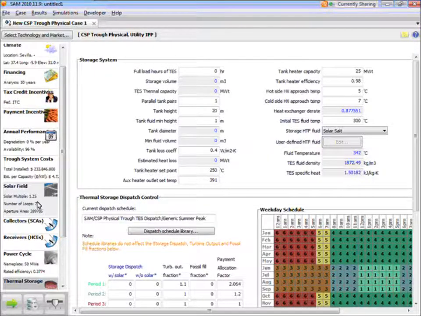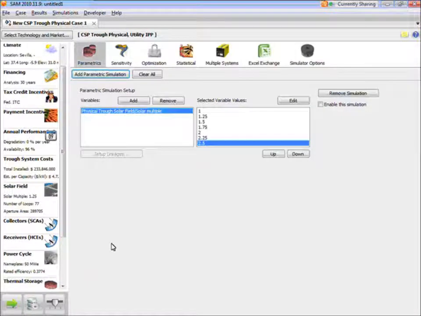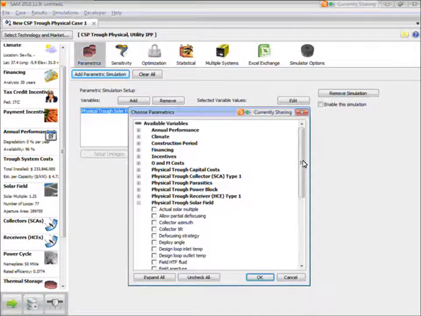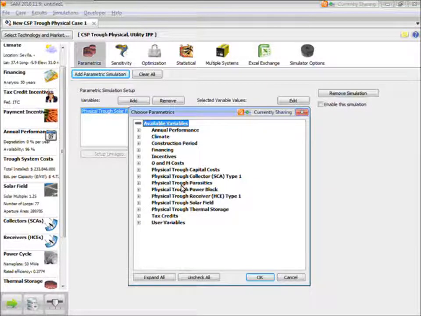I can use a similar technique to optimize both the solar field area and the storage capacity. To do that, I would add a second parametric variable, which is storage capacity, and that variable is on the thermal storage page. So I expand the list of variables from the storage page,